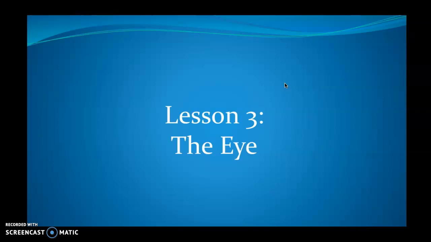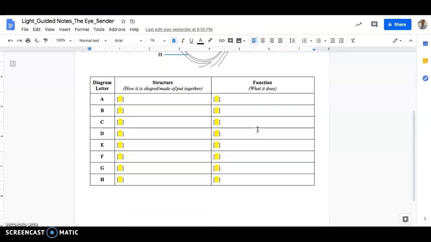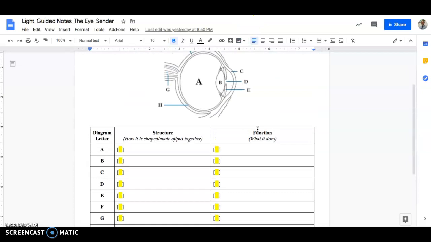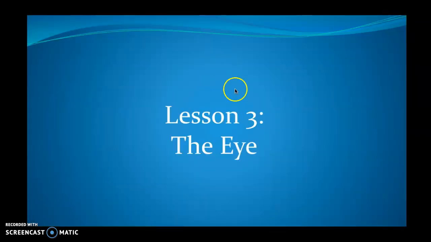Okay? Right, so the eye. If you don't have the guided notes up for the eye yet, just go ahead and pull them up. It's pretty plain and simple here. What we're going to be talking about are the structures of the eye and the functions that those provide for us. Our eyes are pretty amazing things, if we're all lucky enough to be able to say that we have them and we can see with them,